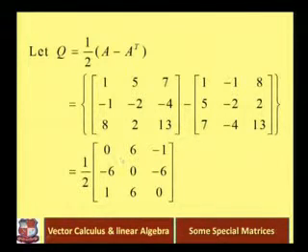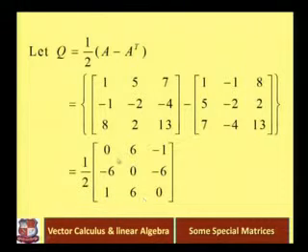The resultant matrix is [0, 1, 1; minus 1, 0, 5 minus of minus, that is 6; 7 minus 8, that is minus 1, and similarly minus 6, 0]. Q is 1/2 [0, 6, minus 1; minus 6, 0, minus 6; 1, 6, 0]